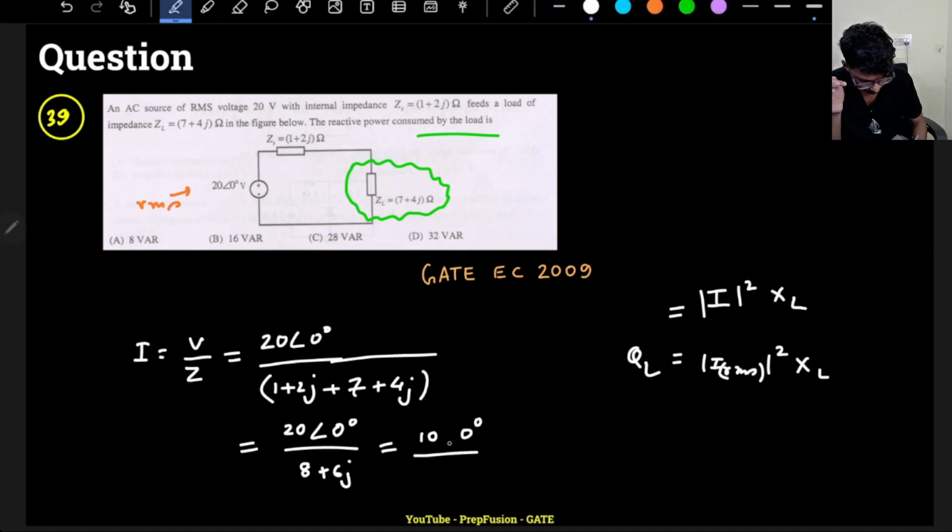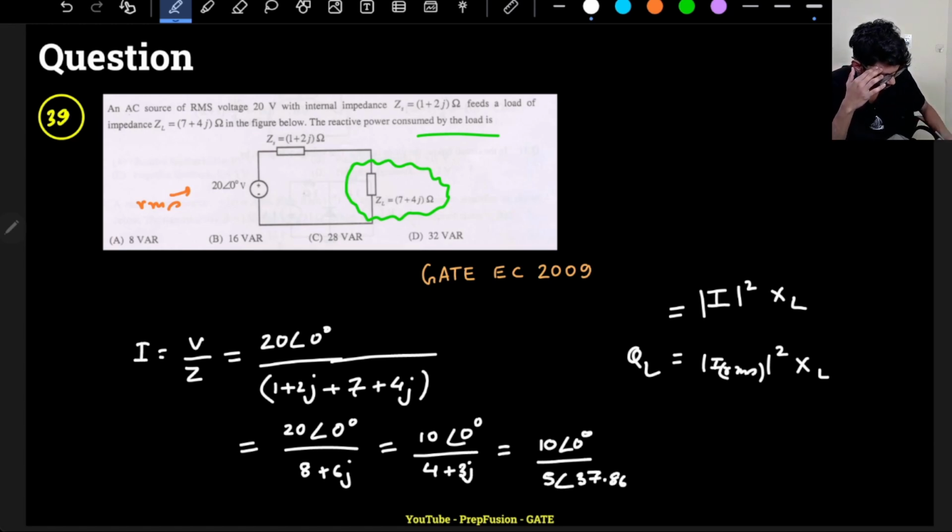Angle 0, and this will be 4 plus 3j. So ultimately this will be 5 angle 10 divided by 5 angle 30, is it 30? Yeah, 37.86. Am I correct? Let me just check. 3 by 4 tan inverse, 36, sorry, not 37, 36.86. Okay, so from here you can directly find the value of I or IRMS in this case, because